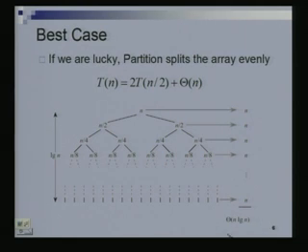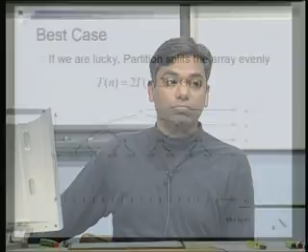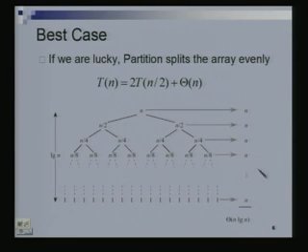So the total time taken is order n log n if I am lucky, but I am not lucky. Sir, in this we are using the fact that the partitioning takes big theta of n. But we only concluded that it takes big O of n. So why did I write theta of n and not O of n?